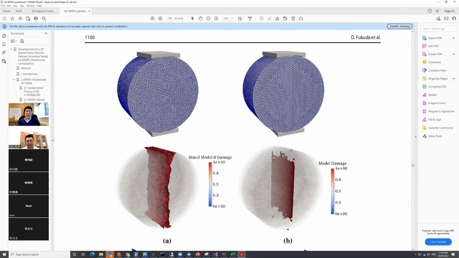Since rock is heterogeneous, different codes will give different results. That is due to the mesh or the particles, and introducing various kinds of heterogeneity. But no matter what, a small difference is understandable and reasonable. But for the BTS, the Brazilian tensile strength test,